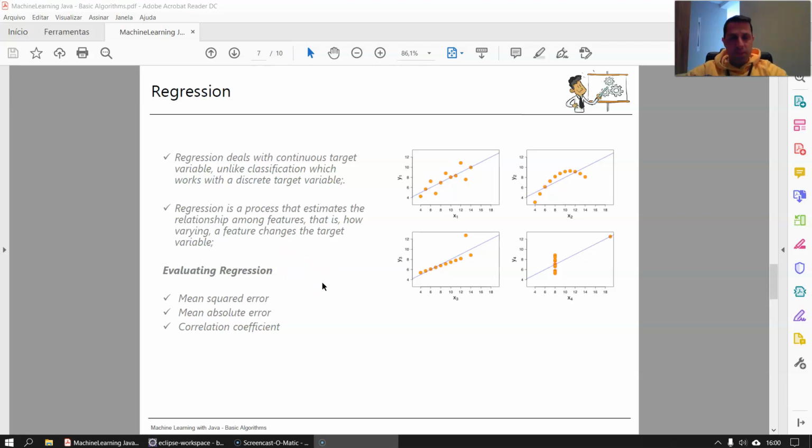As with classification, we have some ways of evaluating our regression, and it is important. The most common is the correlation coefficient. It's very useful for evaluating our regressions. And here in these four examples, we have on the left side two models that are better to understand as